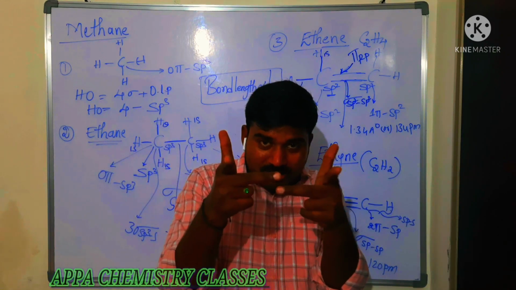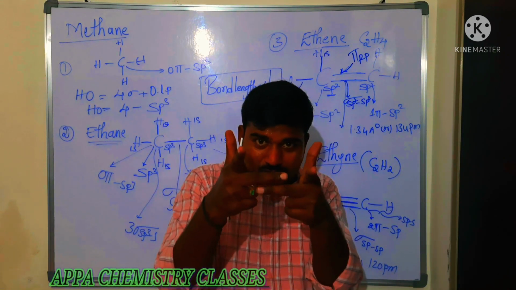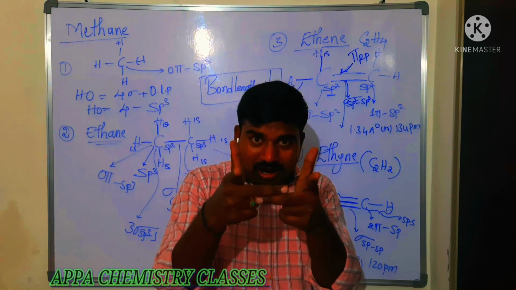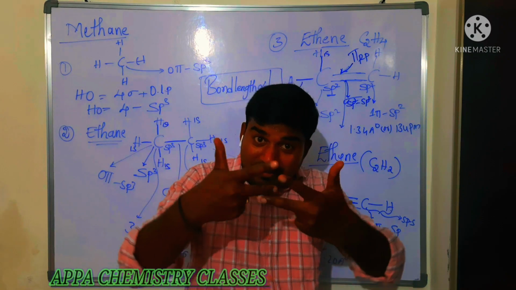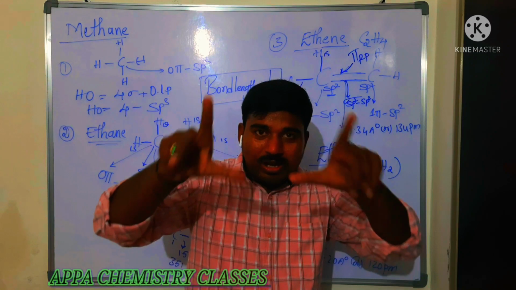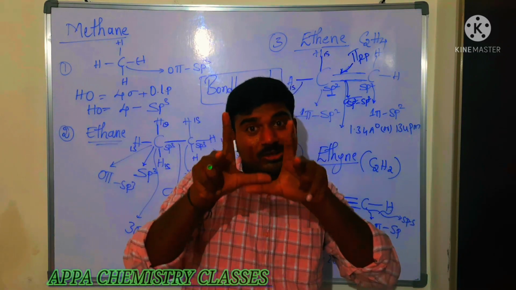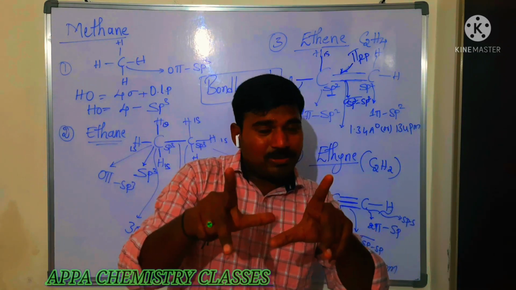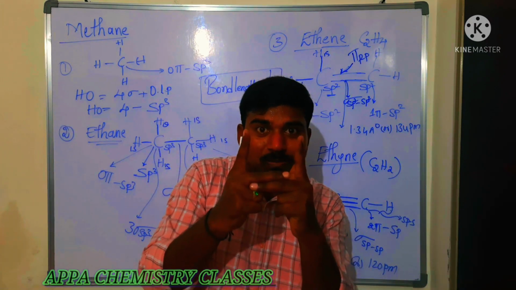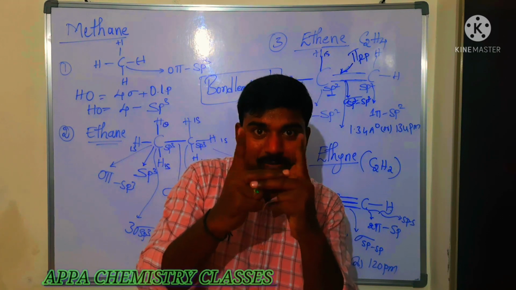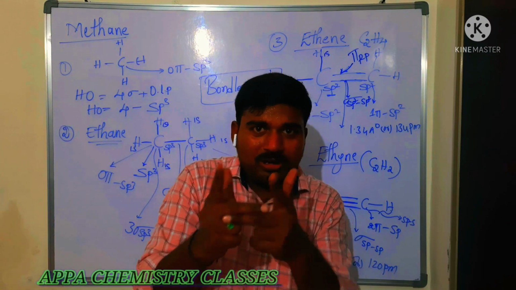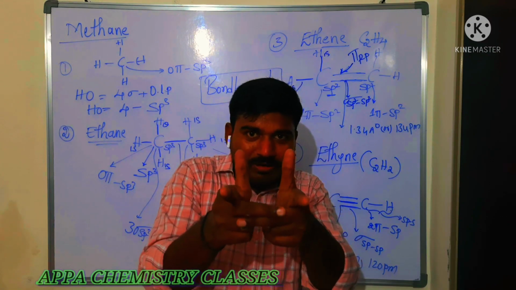So when these three are approaching like this, what happens? These two will be involved in end-to-end overlapping. But whereas these orbitals are there, no, there is no possibility of end-to-end overlapping. Either it may be between these two, or between these two, or between these two. Between any two orbitals, only one sigma bond is possible. Remaining all will be pi bonds. After formation of this, these two orbitals are perpendicular, parallel to one another. So then sidewise overlapping, weak bond, that is pi bond. Here also sidewise overlapping, weak bond, pi bond.